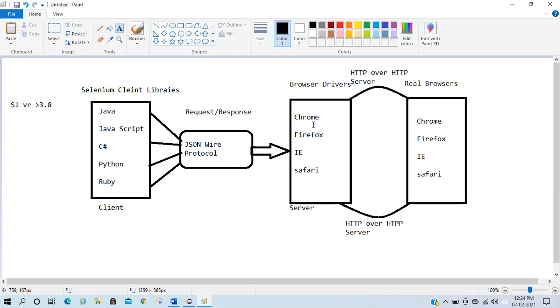So let's say my Chrome is already W3C. My Chrome browser is already W3C compliant. My Chrome is following W3C standard guidelines.